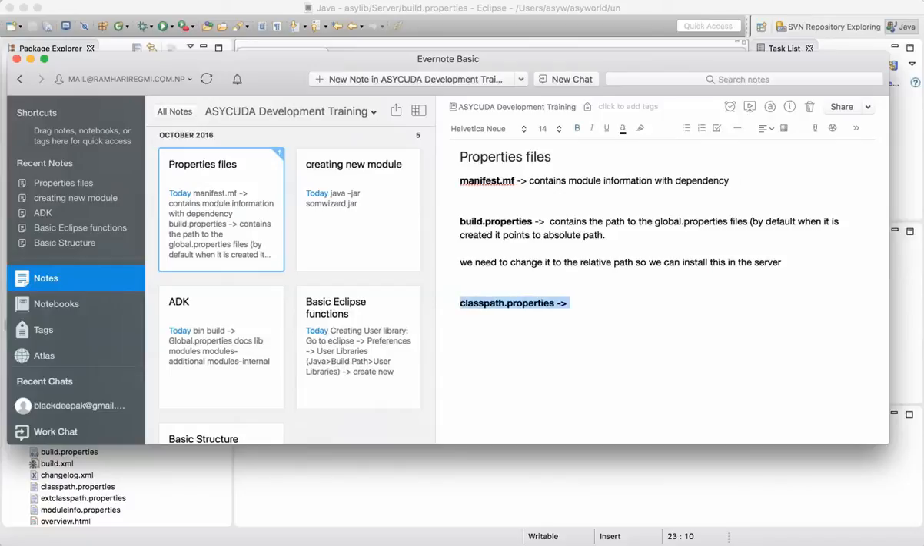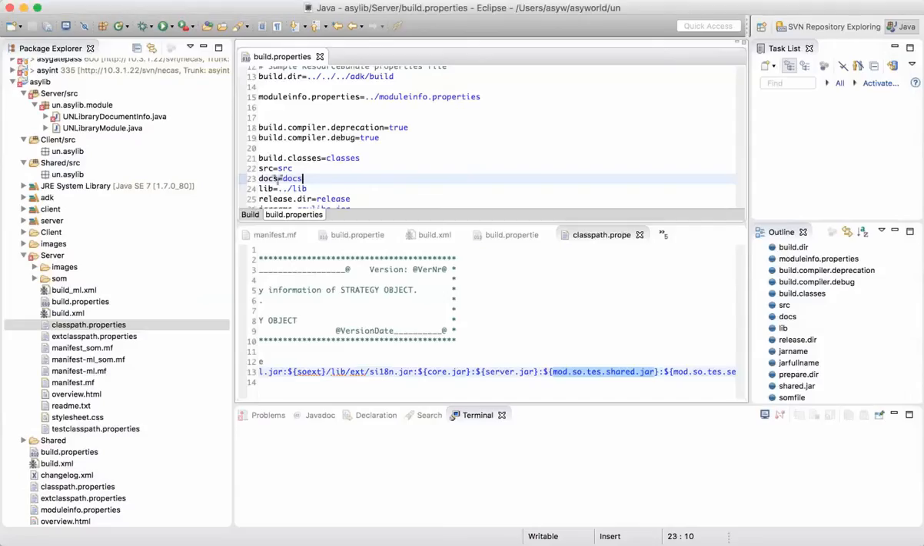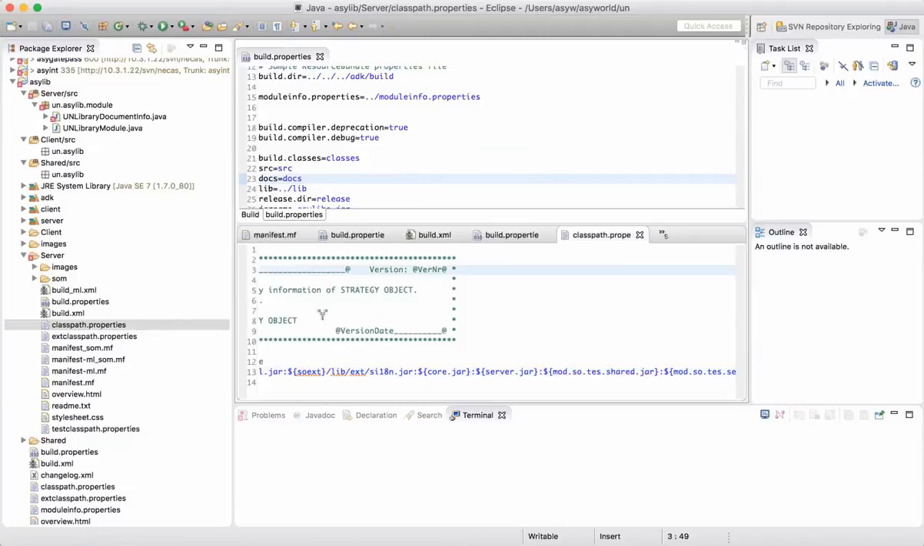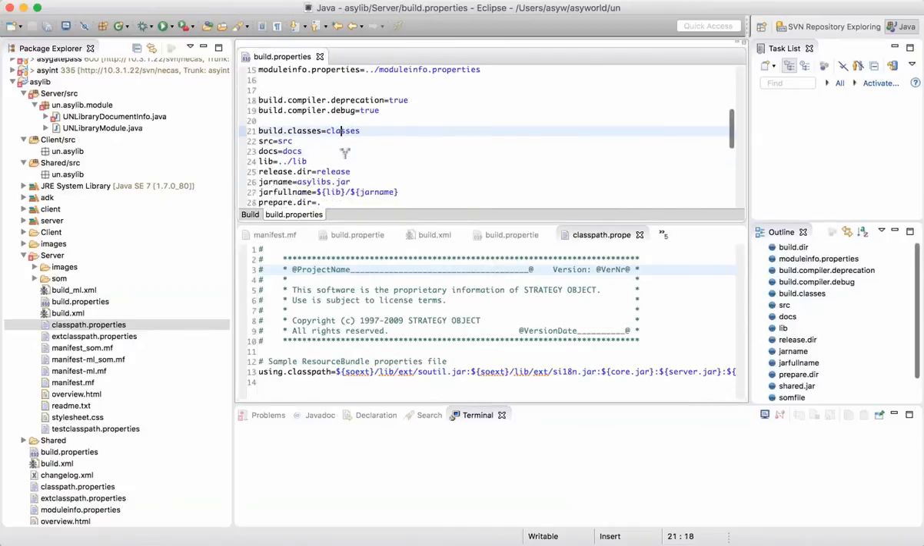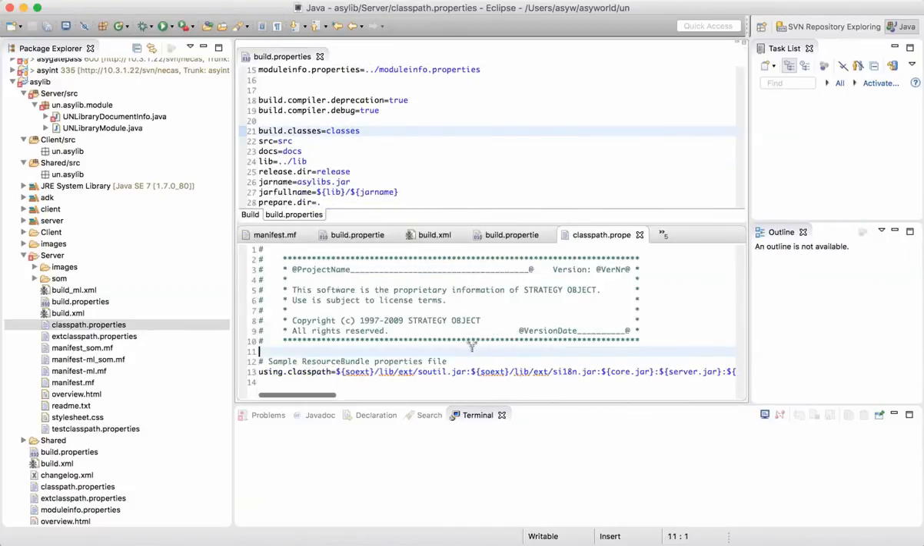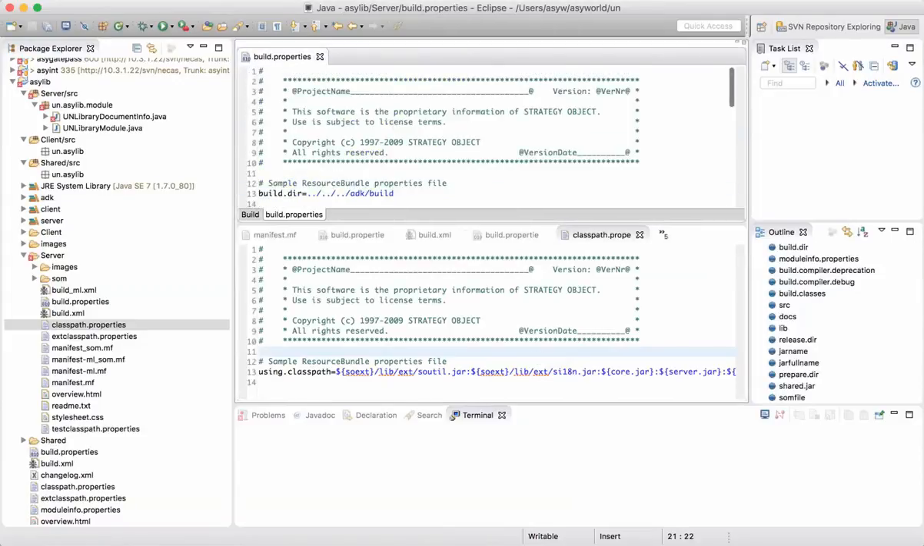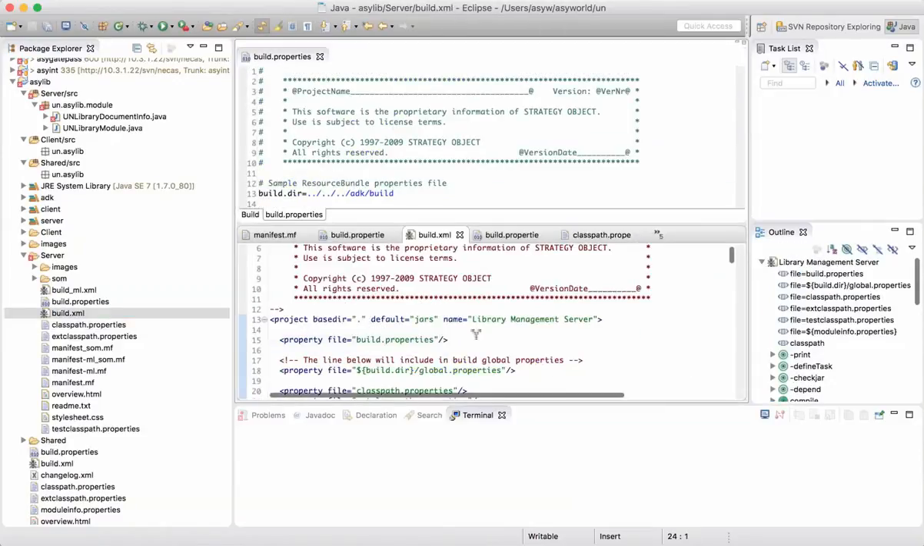Class path of properties contains class path of properties only. So build.xml contains